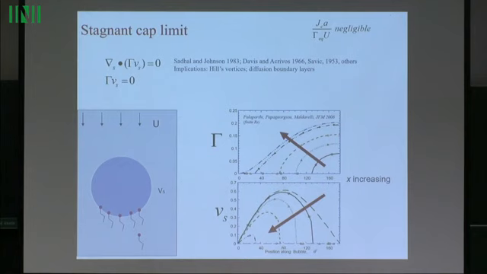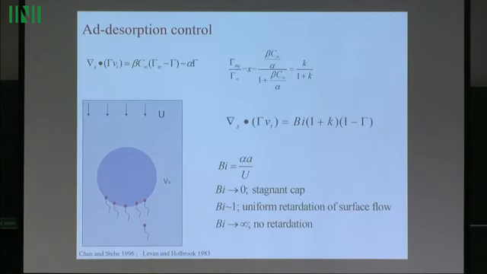run this experiment thereafter. If instead we have molecules that are unable to exchange with the interface, but they can adsorb onto the interface, be convected to the trailing end, and desorb, in which case we would now equate our surface flux along the interface, again assuming surface diffusion is weak and at steady state, to our adsorption and desorption fluxes. Okay. In this limit, and